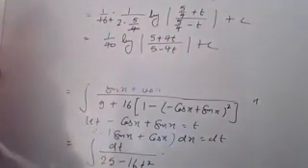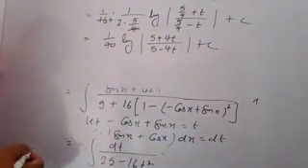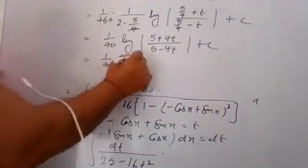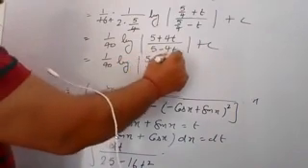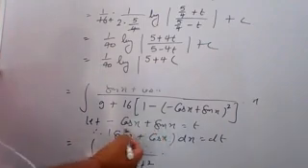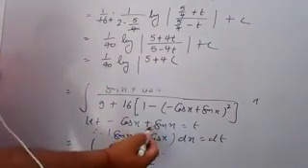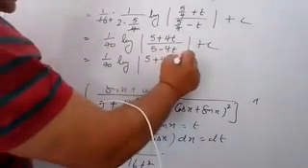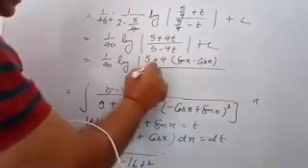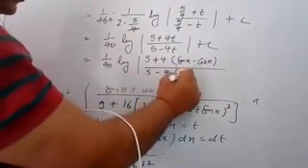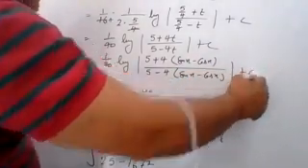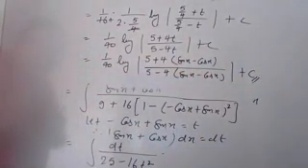Now putting the value of t here. If you put the value of t, you have 1 upon 40 log 5 plus 4 times sin x minus cos x. You write here sin x minus cos x, which you assumed as t. So 5 plus 4 sin x minus cos x divided by 5 minus 4 into sin x minus cos x, plus c, is your final answer. So this is your final answer.